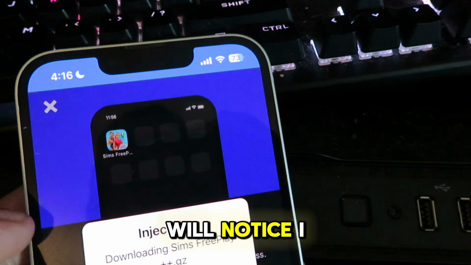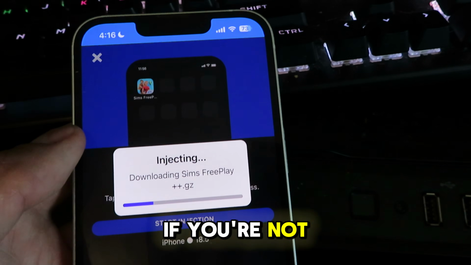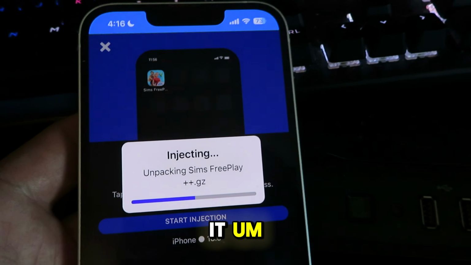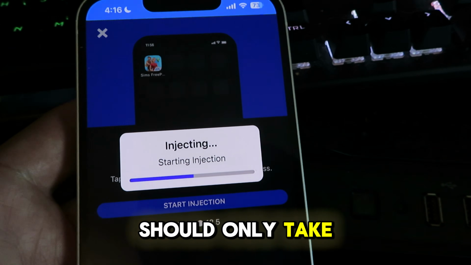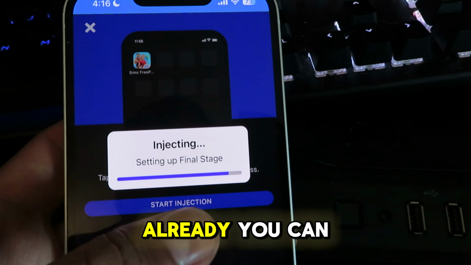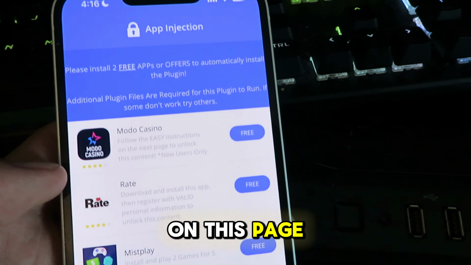Now you guys will notice I am connected to Wi-Fi, so this will download very quickly. If you're not on Wi-Fi, it may take a little bit longer, but just go ahead and let it finish up the download, and it should only take about 30 seconds. Alrighty, you can see it's going to take us to the final stage, and once you're on this page, basically